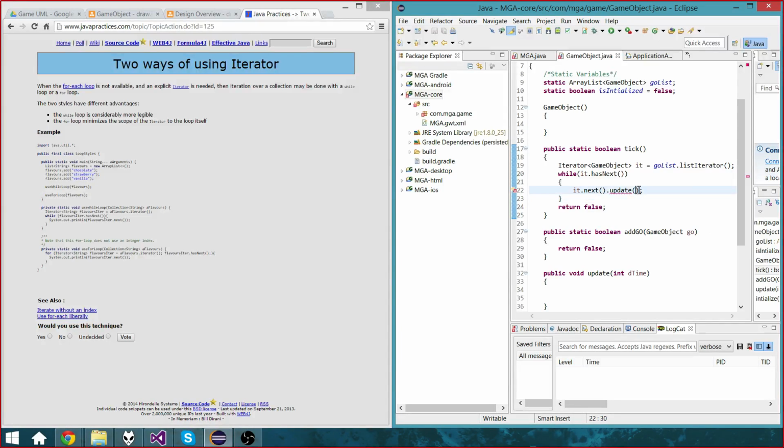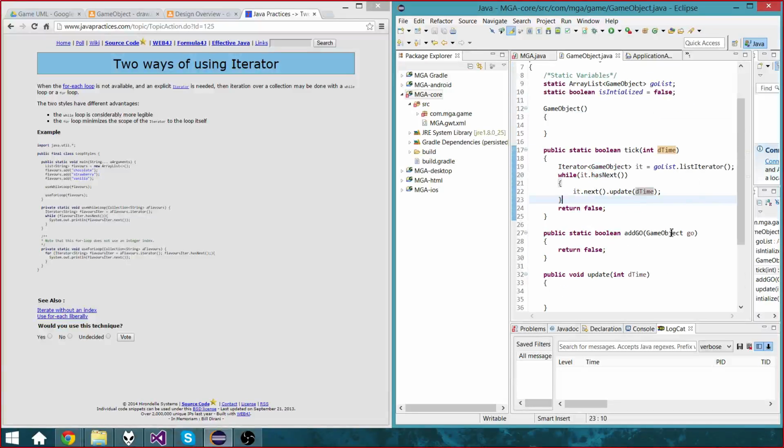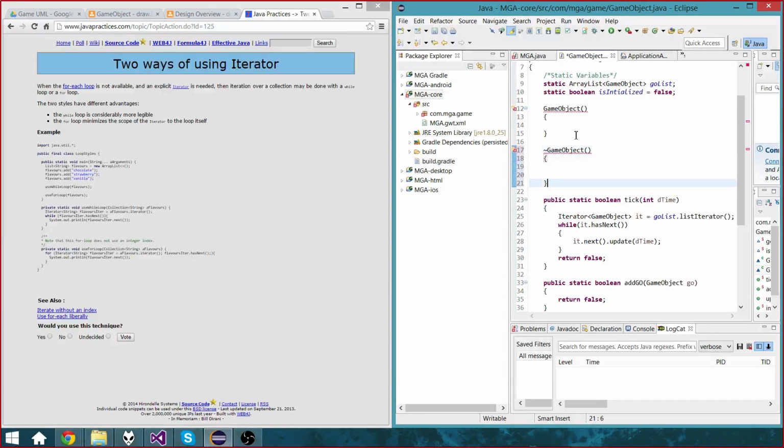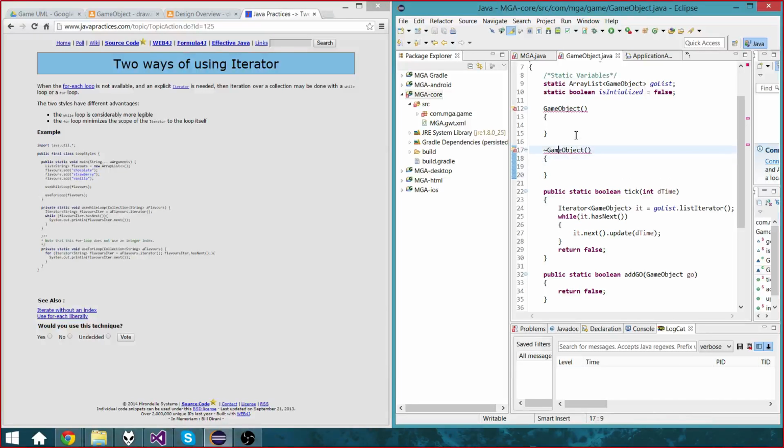Update every single game object. Obviously we need some time, or the change in time, so we're gonna have to go into, in fact, let's do that here as well, so that we can just pass it in time. So then later on we'll need to check out what this value is in libgdx. And so when you're doing game design, usually what you have is this delta time, and that's the change in real time, and the change in real time will allow us to basically make sure that our game is frame independent. That being said, I'll have to double check to make sure that our game logic will occur within the